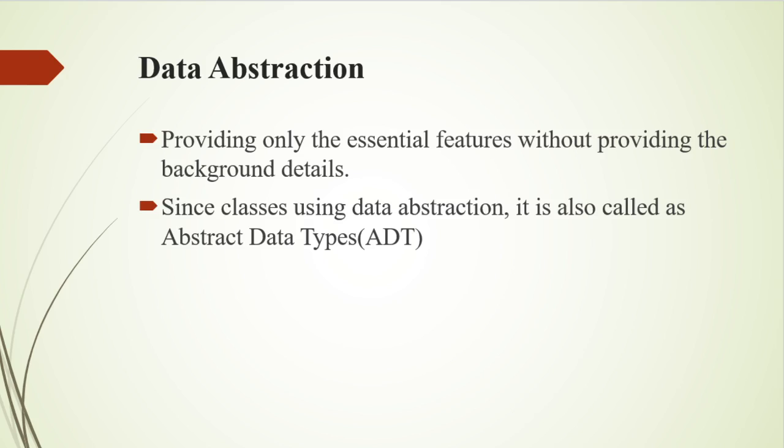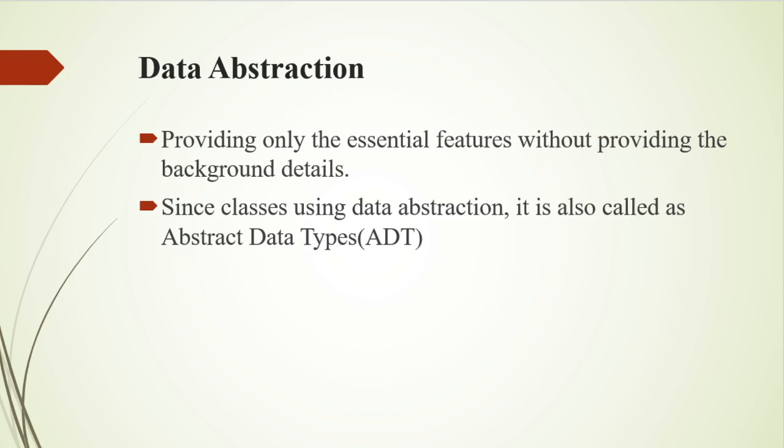Data abstraction. Abstraction refers to the act of representing essential features without including the background details or explanation. It's the process of hiding certain details and showing only essential information to the user. Abstraction can be achieved with either abstract classes or interfaces. Classes use the concept of abstraction and are defined as a list of abstract attributes such as size, weight, and cost, and the functions that operate on these attributes. They encapsulate all the essential properties of the objects that are to be created.